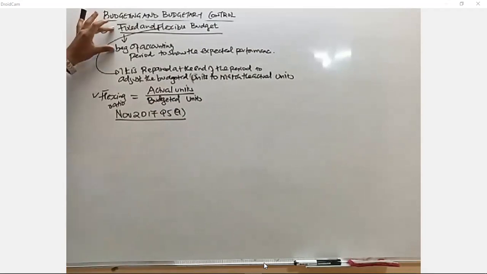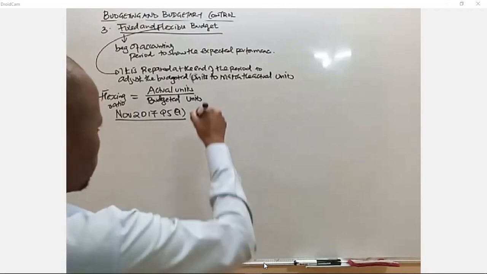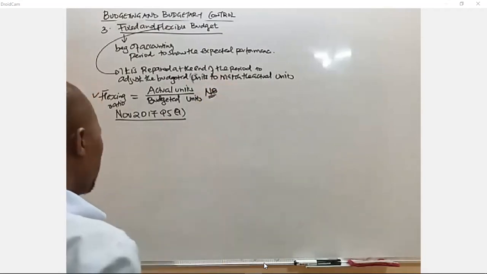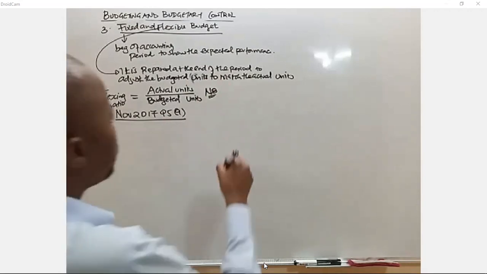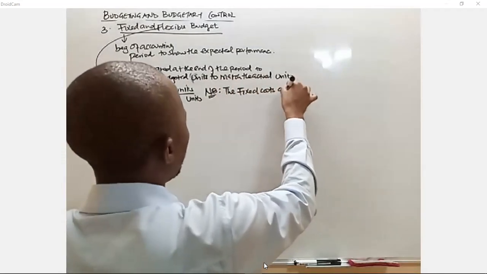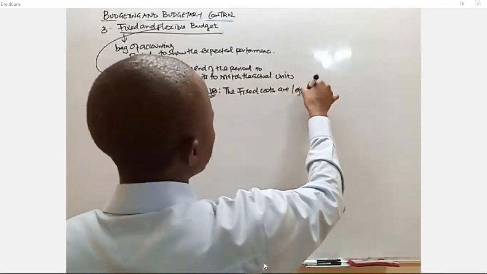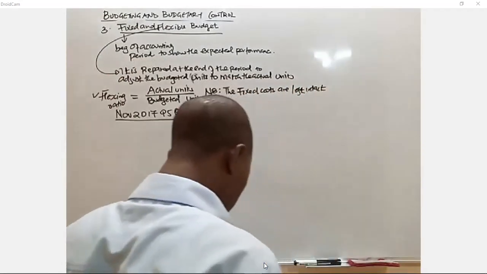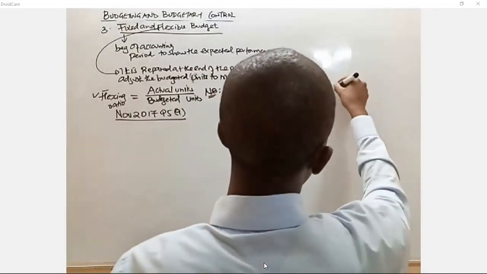Because when you look at the variances which are going to exist within this, when we look at the variances, they are supposed to be investigated. Those are the things we are also going to be looking at in the variance analysis. Now, the key thing which we are supposed to note down here, NB: before we go to that illustration, the fixed costs are normally left intact, since the number of units produced